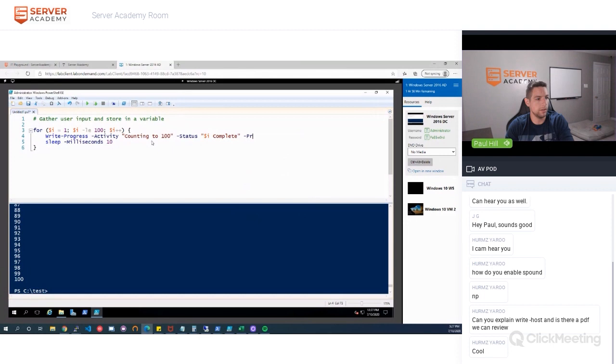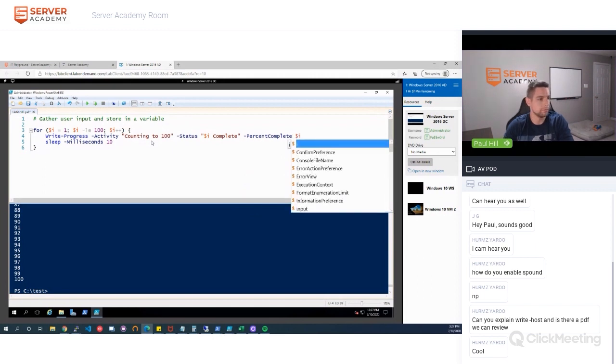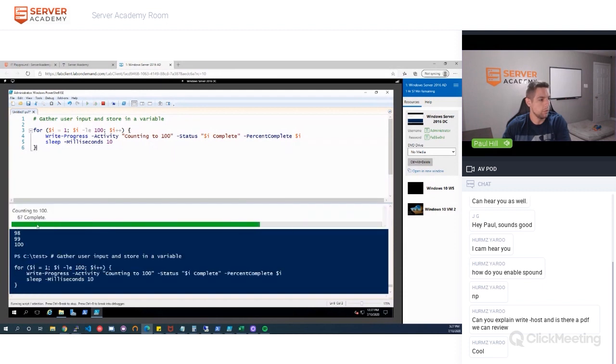And percent complete. And I'm using tab, by the way, to finish those commands that I'm typing in. Percent complete is going to be equal to I. All right, so now if we hit F5 and we run this, we can now see that we have a